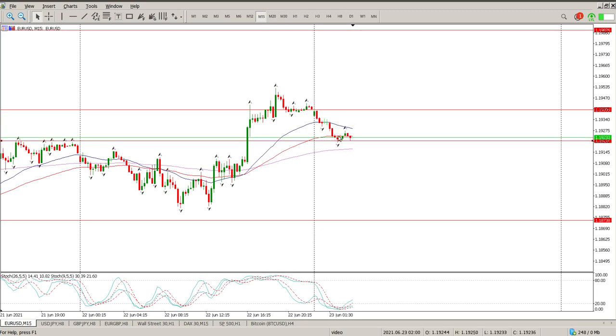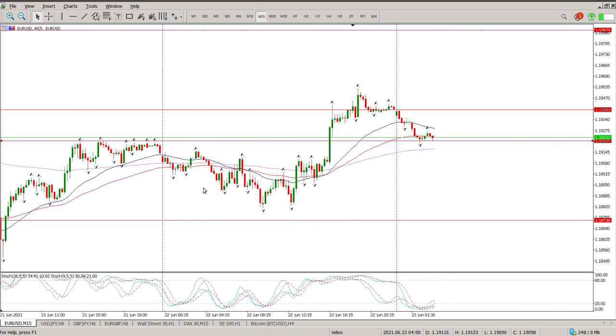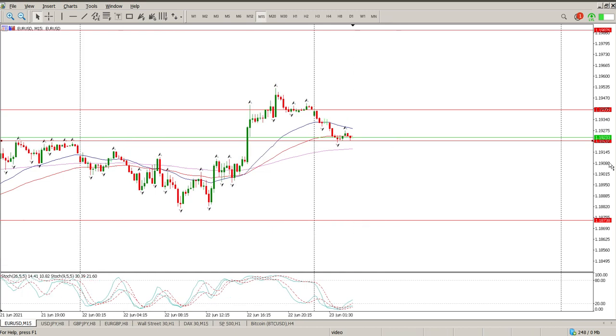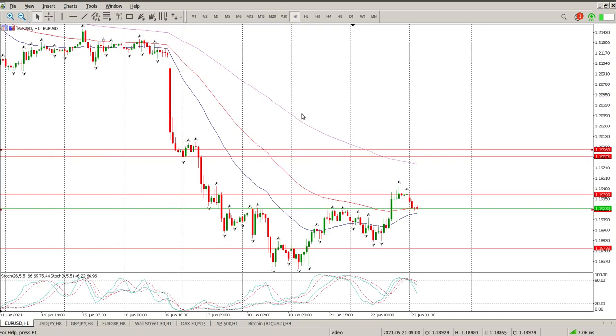The other way to play this is you have an entry on the break here, and then your stop is below the head and shoulders, well, below the shoulder, which is here. But to me, that's a 540 point, quite a big risk. I'd rather take a lower risk, and then if it does pull back, get back in lower down. But anyway, that is the structure that we see. Strong move down and an inverse head and shoulders. That's classic, that's textbook. So looking for an opportunity to buy into this for a move back into